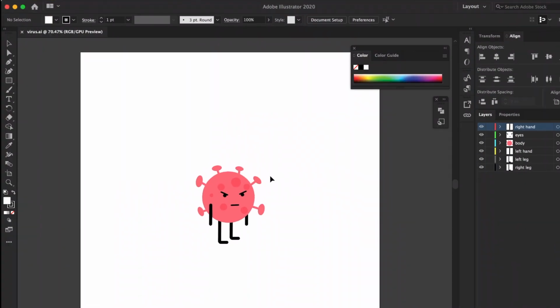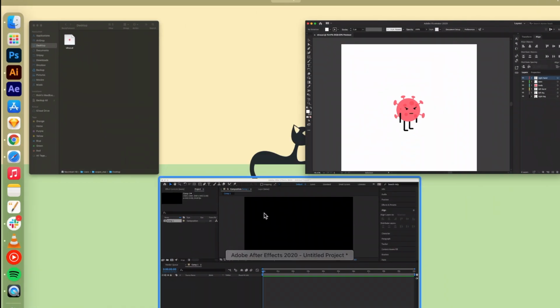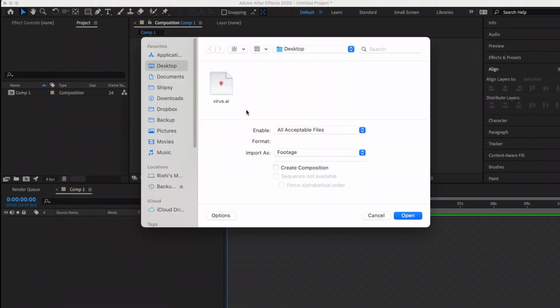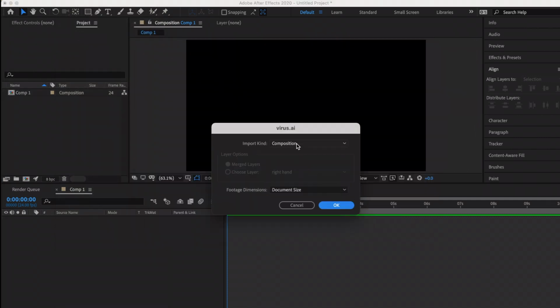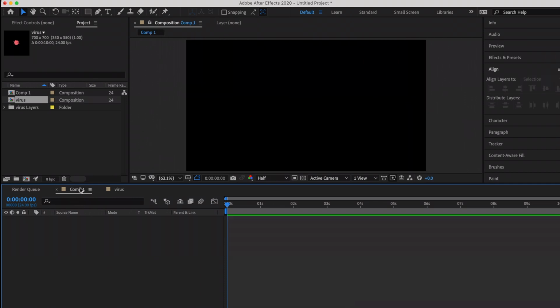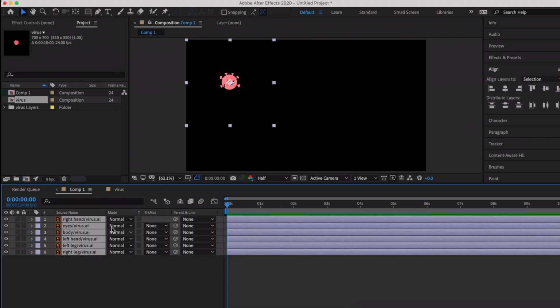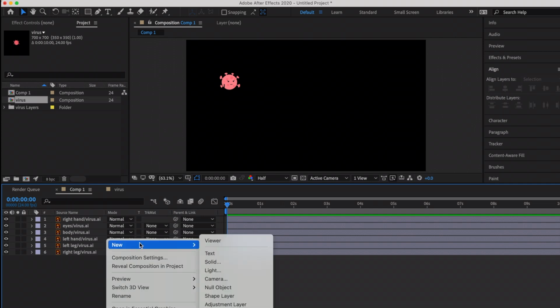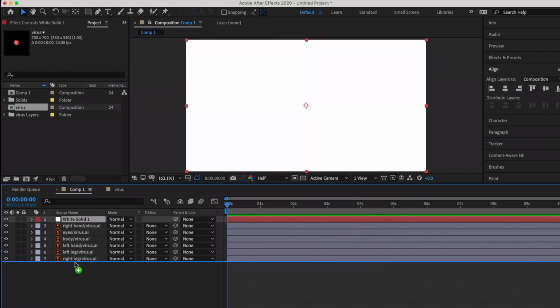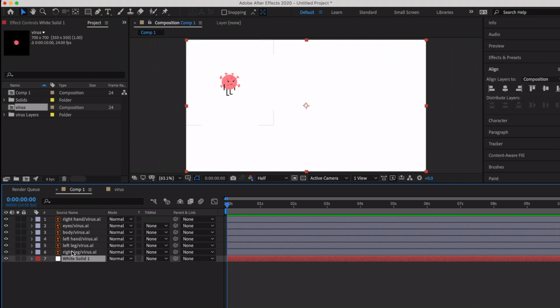If I bring it to After Effects, composition, I'll make the background white so that we can see what we are dealing with. So I have this virus over here,